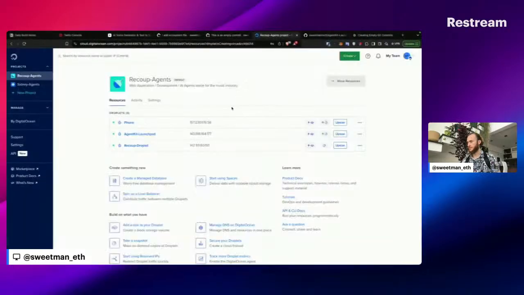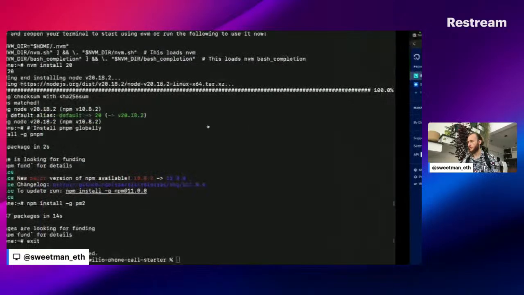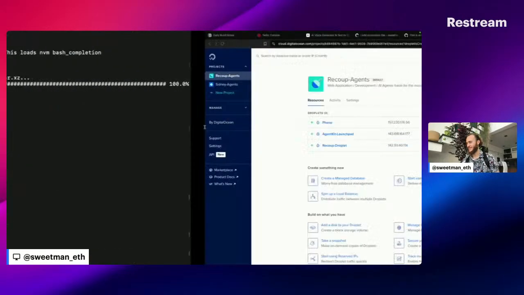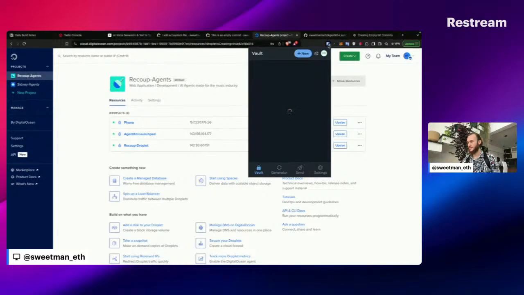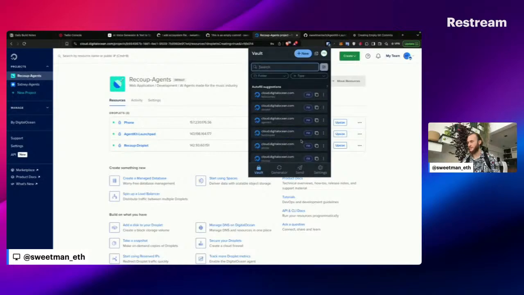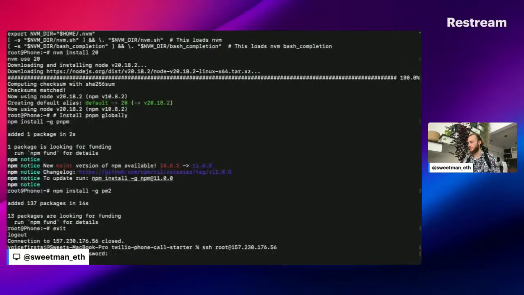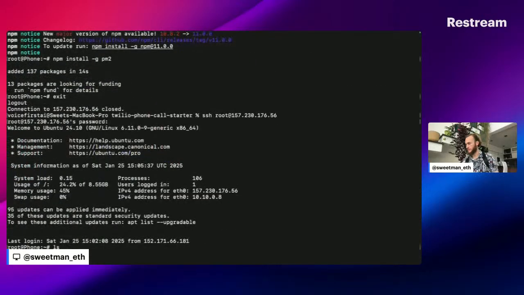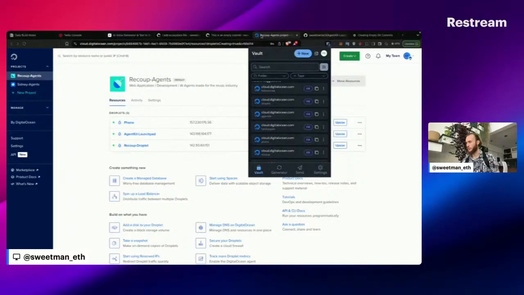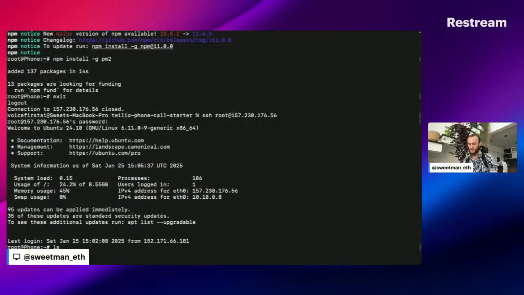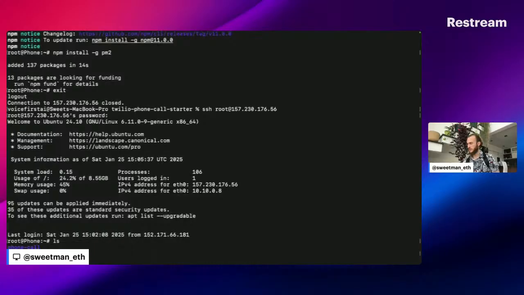Let's exit and jump over to our new phone repo. I was just there. Goodness. I was already in the right place and I forgot. Copy password, paste password. I'm back in. I see that the phone call repo was added. The pipeline was successful. If we run PM2 logs,